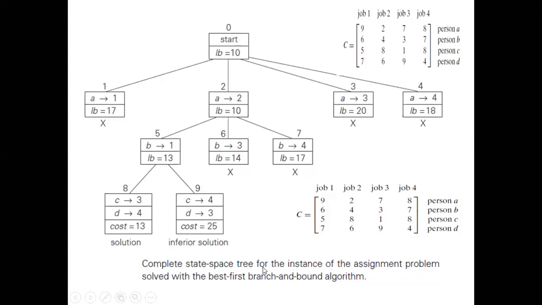So now let me start with this. So what does this say? Okay, so whatever number 1, 2, 3, 4 is, it represents the steps. That's all. You do not need to worry about this 1, 2, 3, 4. Just see this. So what is the possibility? A has been assigned job 2, correct?